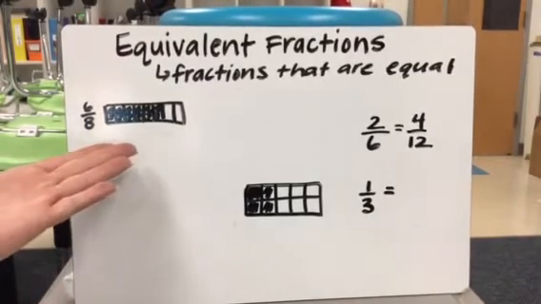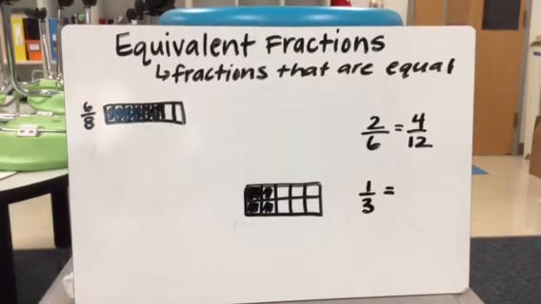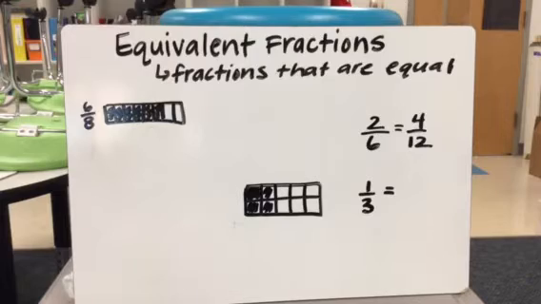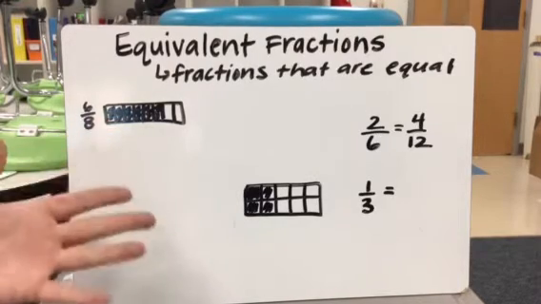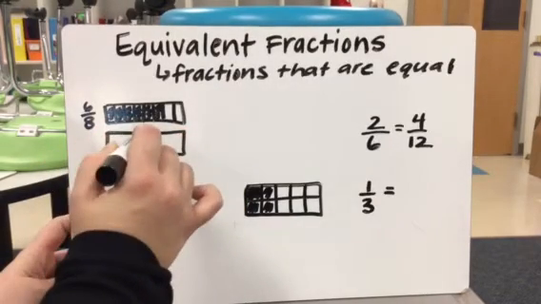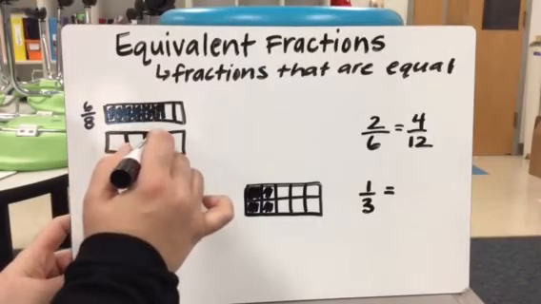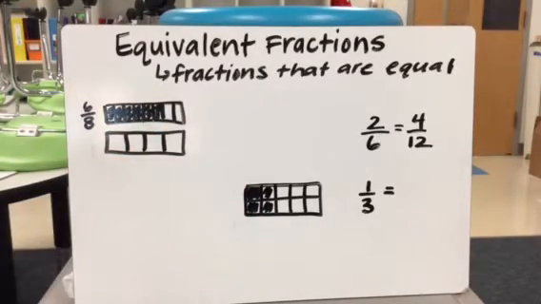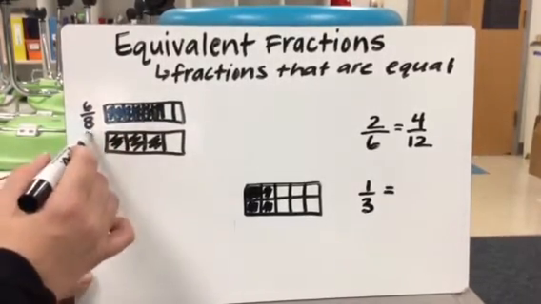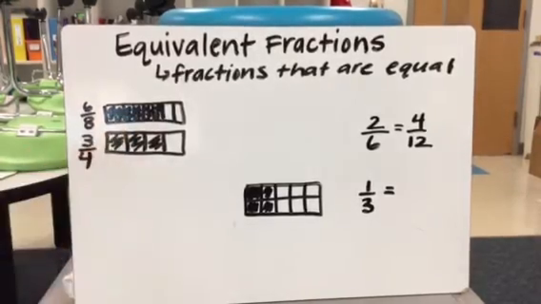So here I have 6/8 already colored in, and they might be asked to give me a fraction that's equivalent to 6/8. What I try to notice with my 4th graders is I'm going to do something that works well with eighths. For us, what we've talked about a lot is fourths and halves. Eighths come from fourths and halves. So let me do some fourths and see if any fourths are equal. Well, if I shade in here, I see that 3/4 is equal to 6/8 because they take up the same